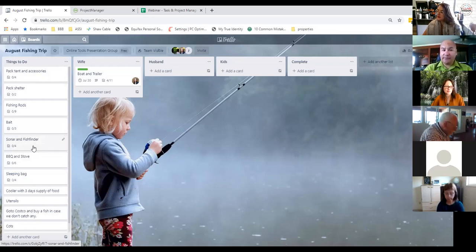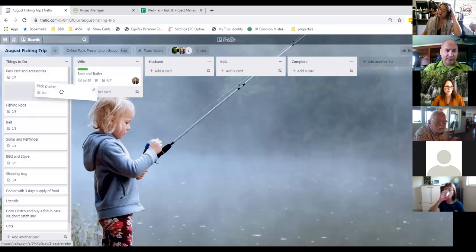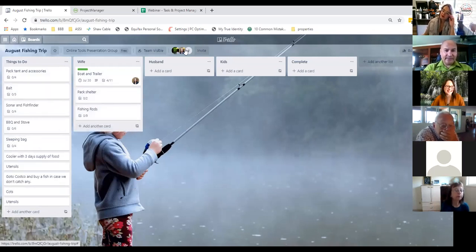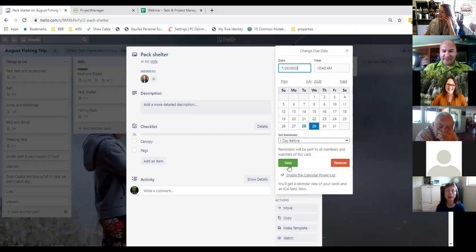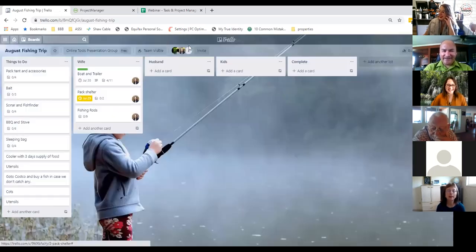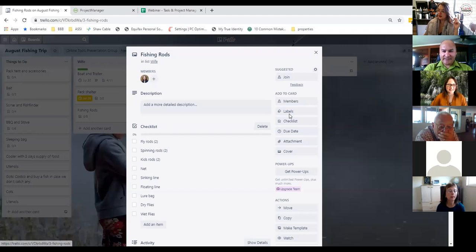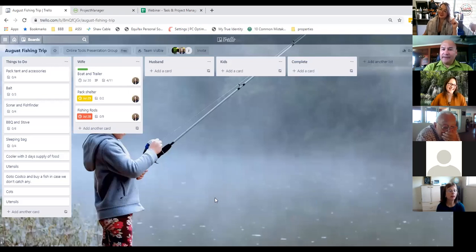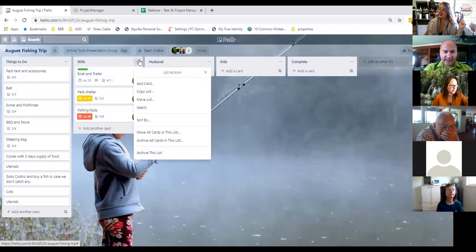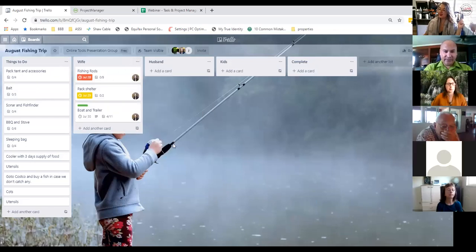What I can then do is filter, so on and so forth. So let's just take a few more. I'm just going to load her up. So here and here. Oh, she's going to love this when she comes back home. Then I'm going to put due dates on everything with tomorrow. Okay, due date tomorrow. And then on the next one, we're going to go fishing rods. We'll do due date. Fantastic. Okay, so if you're the individual looking for these tasks, you can see the due dates here. Now, you can go up here and then you can sort by and you can do due date. So that will help you prioritize what's on your specific task.